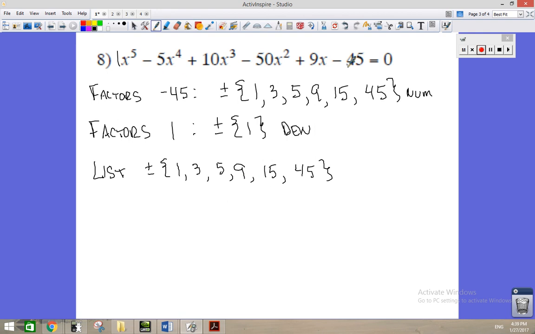So I don't see any trick that would get me through just my normal factoring skills. There's definitely no X method, and I don't see any factor by grouping that would really work. So I'm just going to have to jump in and start using these values. I'm going to pick ones and negative ones in the beginning because that's going to be easiest to do